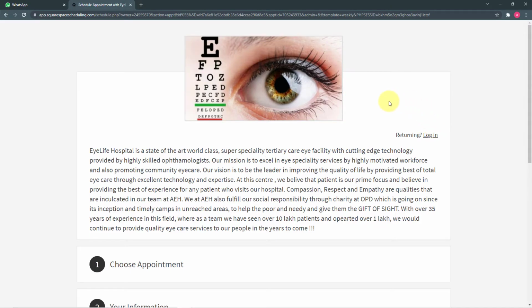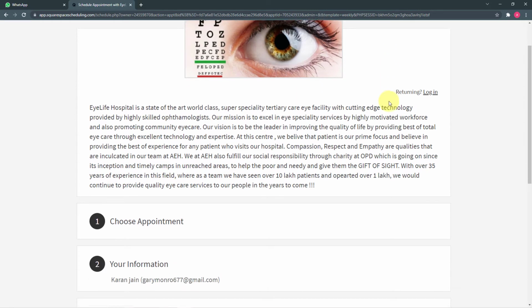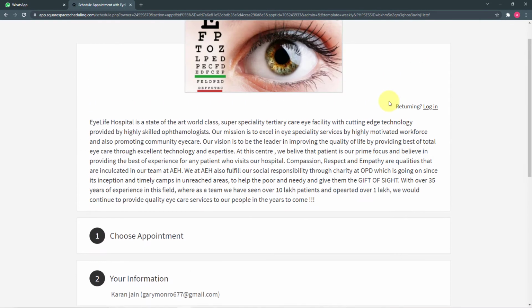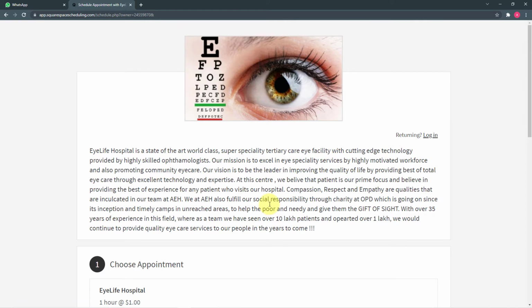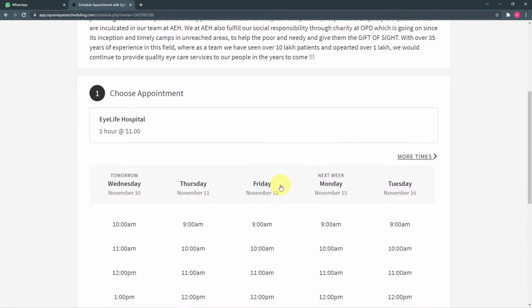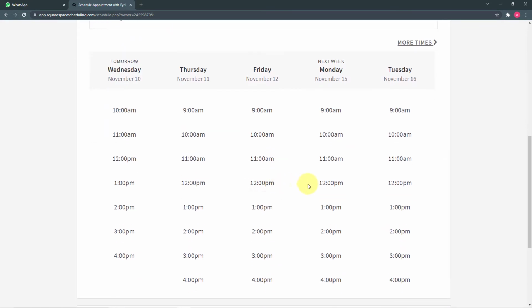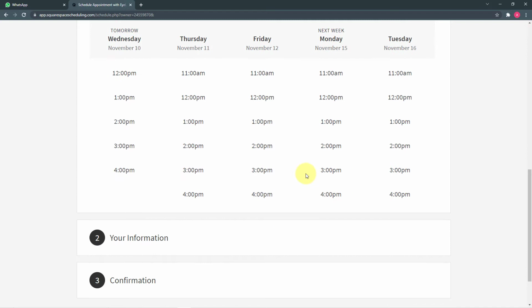So guys, you can see this is my computer screen, and here I have opened the scheduling page of my eye care facility. This is a page I have created to book appointments for an eye care checkup in our hospital. Anyone can book an appointment in our hospital from this scheduling page, from this calendar that we are showing.